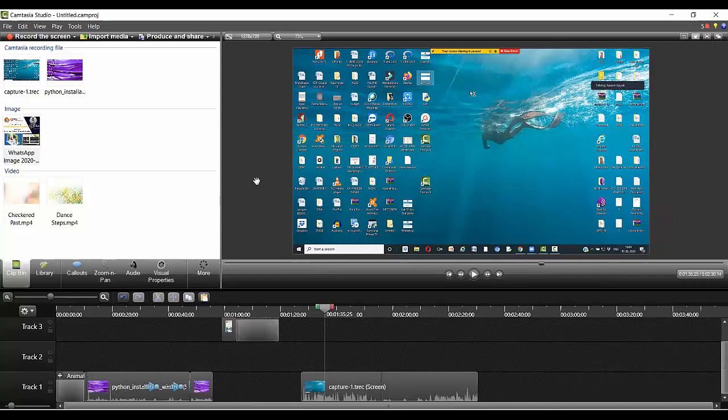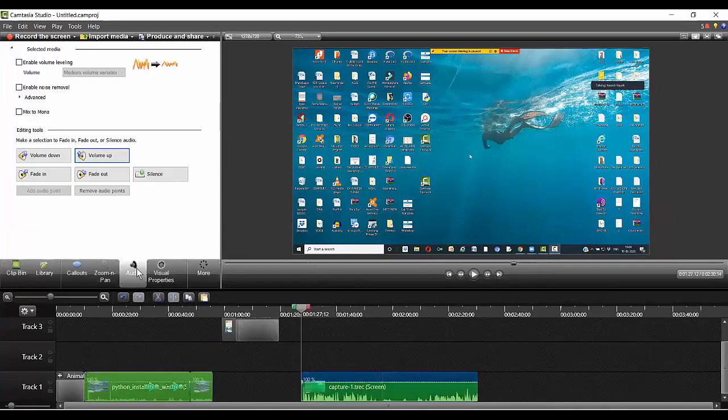Now, one beautiful thing in this particular software, what I observed: if a noise is there, how are you going to reduce it? Now let us see. Select this thing and come to audio. Now you see I have told you regarding this.